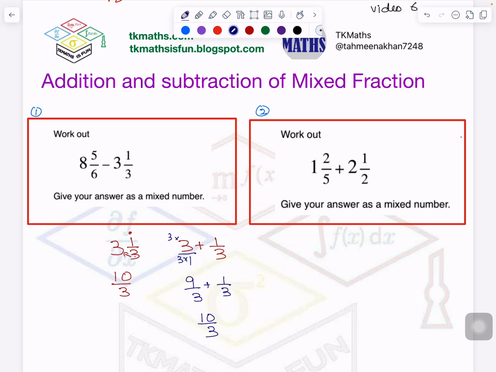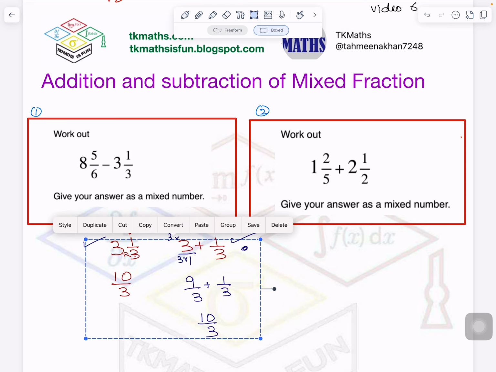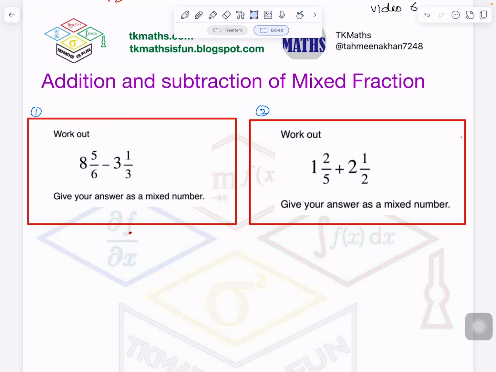So now I will solve this question, one by this method and one by this method. These two questions I will solve by these two methods. If you have a very clear concept of this, it will really make your life easy. It will keep the numbers small. But whatever you like or you understand better, try by that method. There is no fixed rule. If you are comfortable with one method, you do by that method.